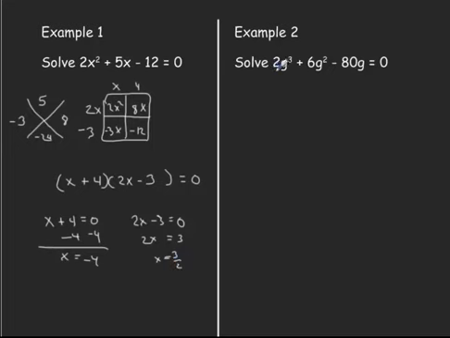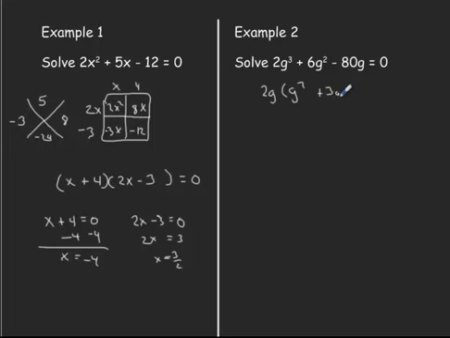Okay, example 2. Now, we've got g cubed. It doesn't matter which one of the letters we have. It could be an x, could be a y, any letter of the alphabet. But I've got a cubic, and we're not learning to solve cubics yet. So that means you're looking for a greatest common factor to take out. Now, not only do I see g's in every single term, but I also see that they're even. So I can factor out a greatest common factor of 2g, and that's going to leave a g squared,